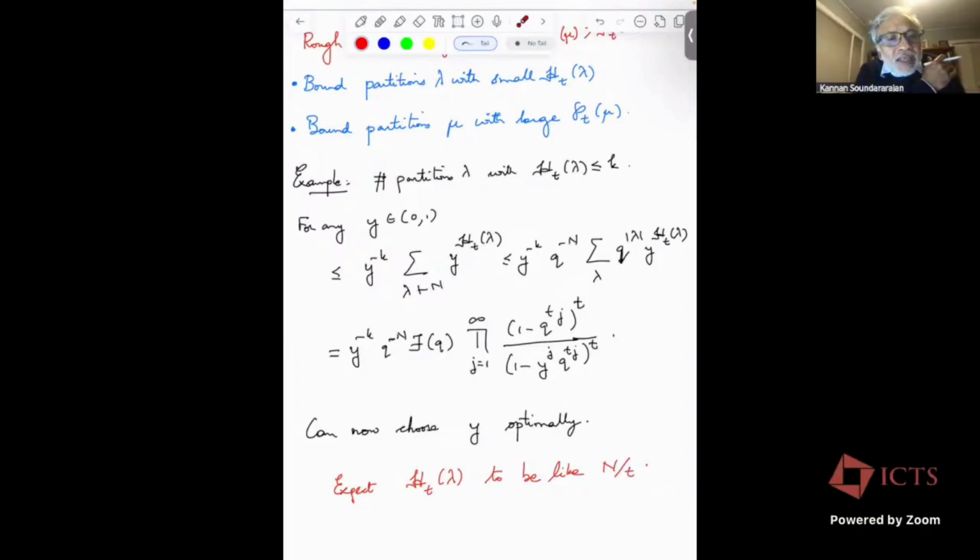So now you can try to understand this by choosing q and y appropriately. If I want to pick random partitions, I will choose q in the same way in which we chose it in the Hardy-Ramanujan formula to minimize this. So that's this e to the minus pi over square root of 6n that we've been looking at all this time. And then I would choose y optimally, in order to minimize this object times y to the minus k. So this is some kind of calculus computation that you can carry out. And what you find